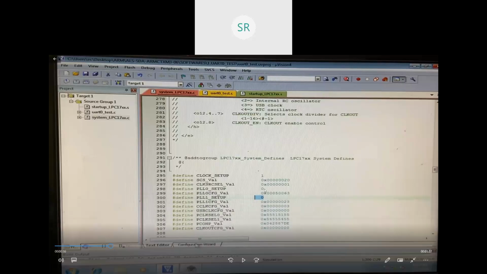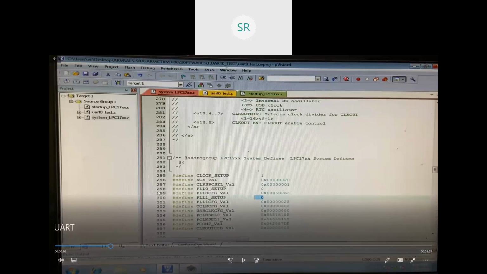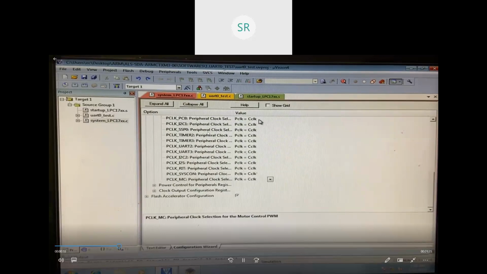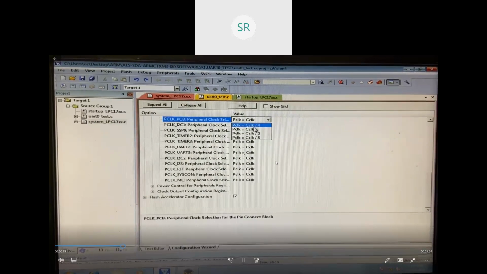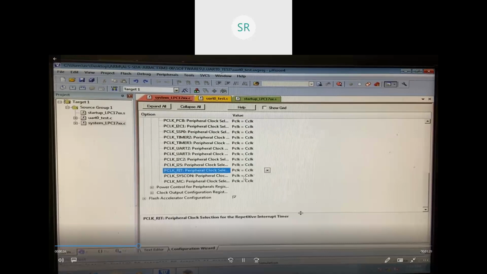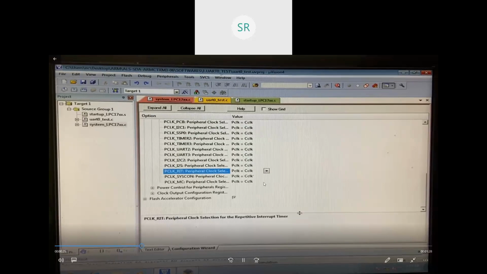If it is not, alter those lines: line 298, define PLL 0 setup should be 0, and line 300, define PLL 1 setup should be 0. Make the correction if it was 1, or else leave it as it is. Then go to the configure wizard. In the configure wizard, all the peripheral clocks should be equal to the system clock. If not, select P clock equal to C clock.